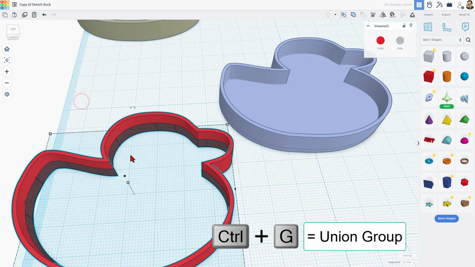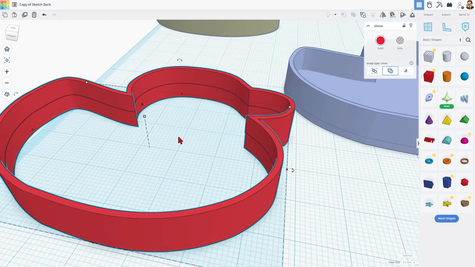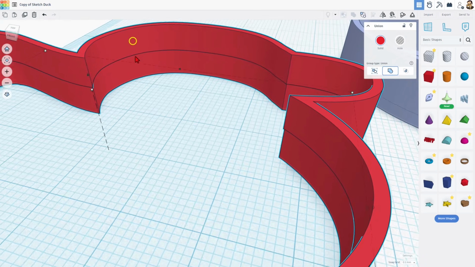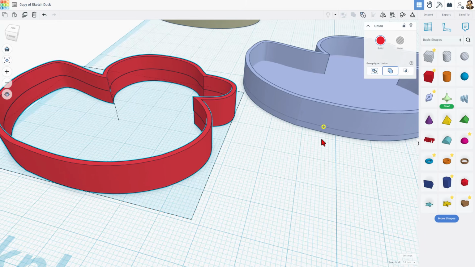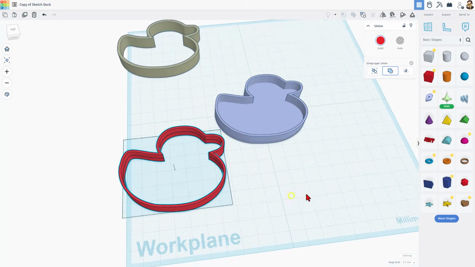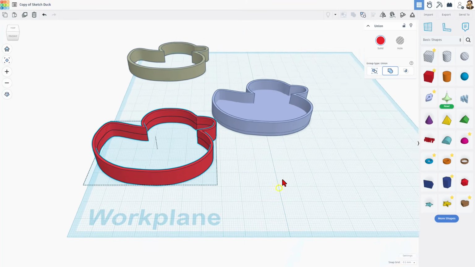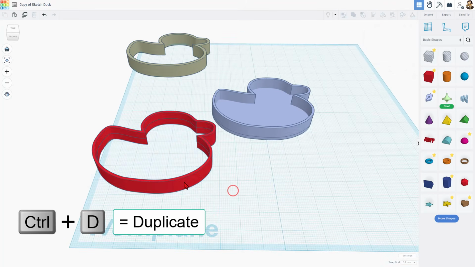When we group those, Control G to union group, notice you do have to wait a moment because it's complex. You have now got it a tiny bit thinner so that it would slide over this shape easier. So the user that asked the question was making bath bombs. I don't have a need for a bath bomb, but let me show you how I'd make this into a